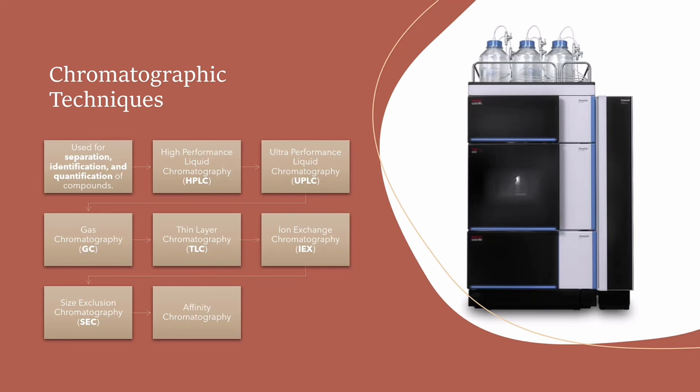Chromatographic techniques. Chromatography is used to separate, identify, and quantify components present in a mixture. The principle of chromatography is based on the differential distribution of compounds between the stationary phase and a mobile phase. In working, the sample is injected into the system and the mobile phase carries it through the stationary phase. Each component interacts differently, resulting in separation. The mechanism includes adsorption, partition, ion exchange, and size exclusion. For example, in size exclusion chromatography, larger molecules elute first.